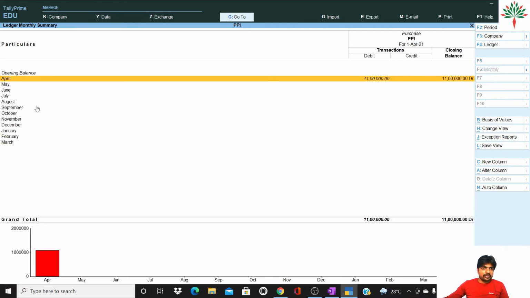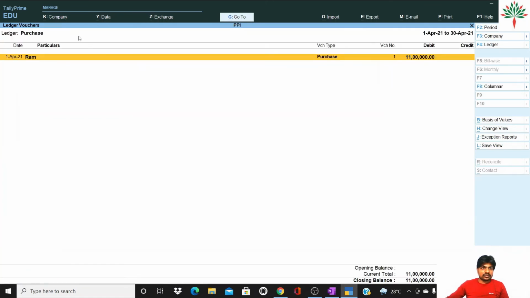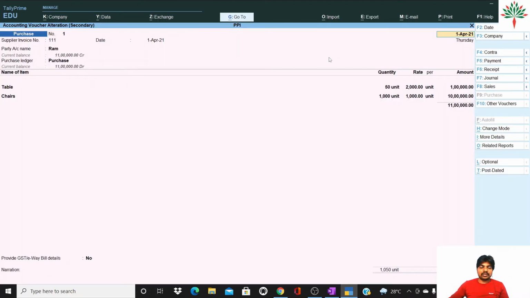It will show you in which month you have purchased. Opening balance is nil, and in April you have purchased 11 lakh. Again you will press the enter key. It will show you the details that from Ram you have purchased goods worth 11 lakh rupees. Voucher type is purchase. Again you will enter it, then the voucher will get opened.